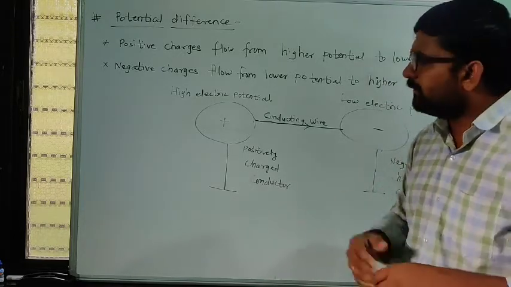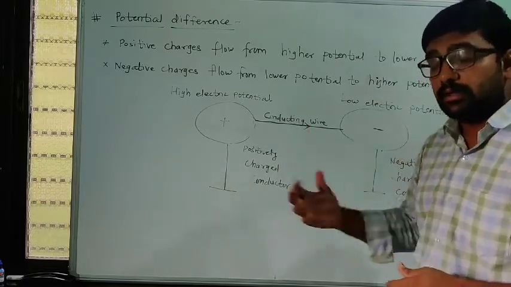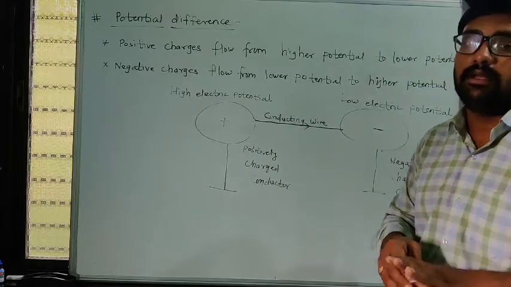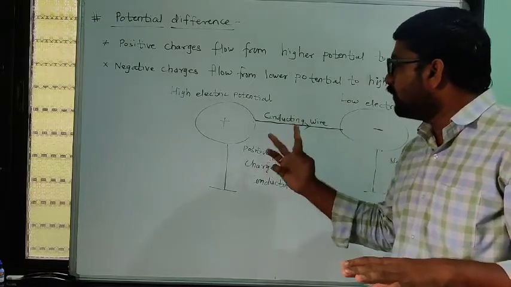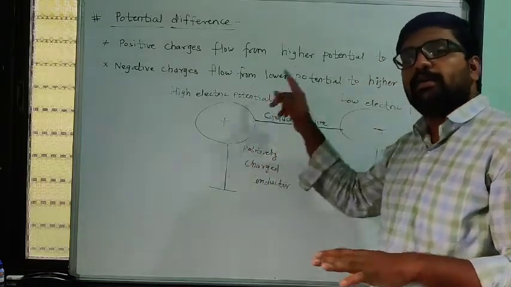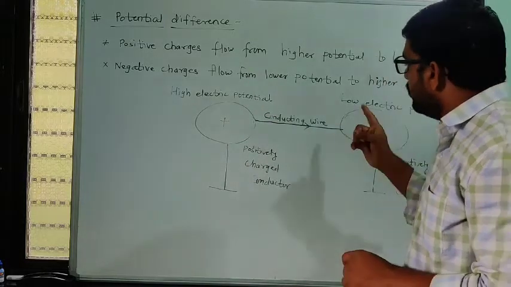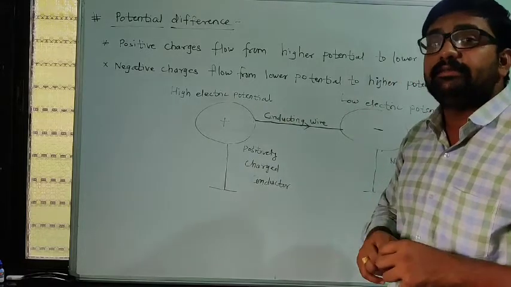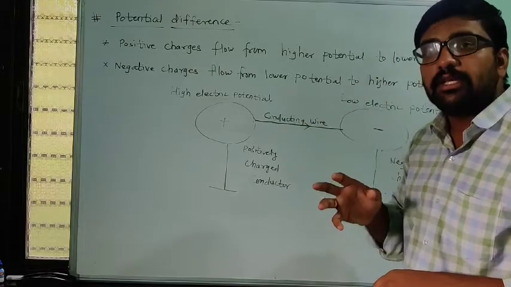And if potential difference is not present between these two conductors, positively and negatively charged, then the flow of charges stops, from higher potential to lower potential, that is the positive charges, and from lower potential to higher electric potential, that is the what? Electrons, that is the negatively charged